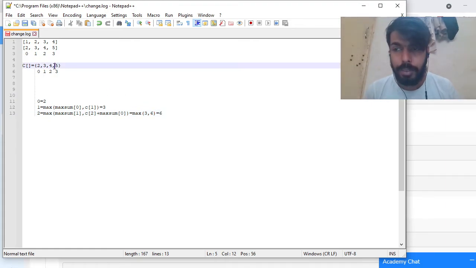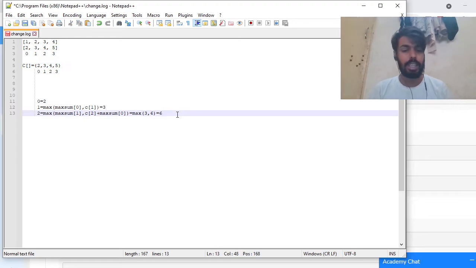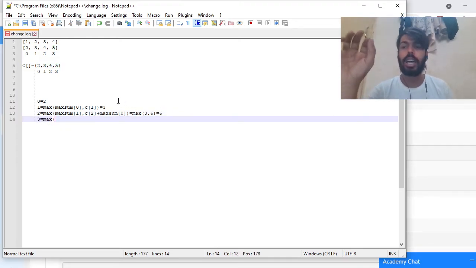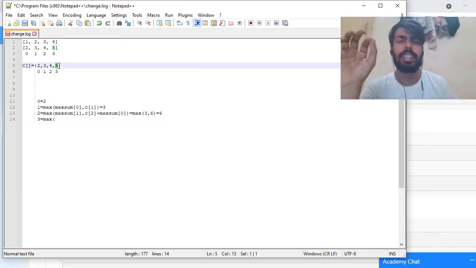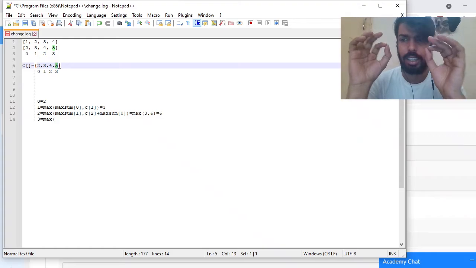Suppose I am now seeing the max sum till the third index. Suppose I am rejecting this element. I am saying that I don't need this element in my answer.